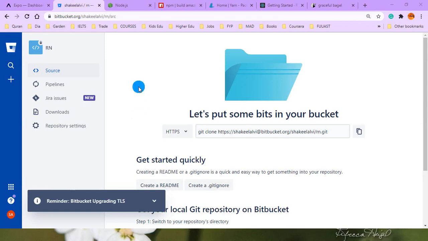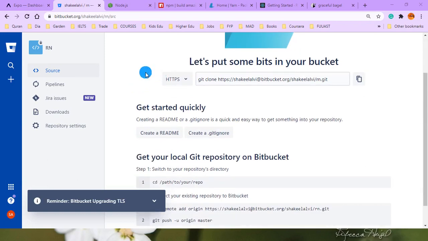First of all, we have discussed and set up an online repository on bitbucket.org. We have two well-known websites to create a private online repository, and those are Bitbucket and GitHub. And we have created an online repository on